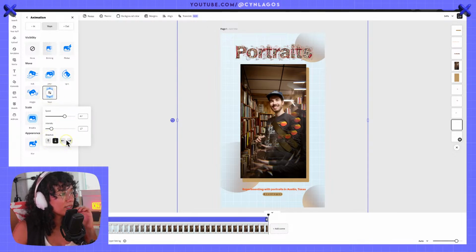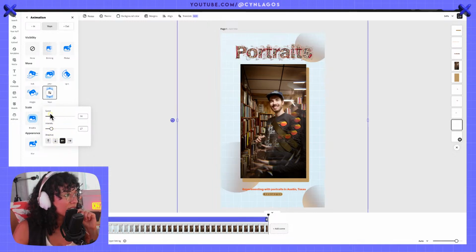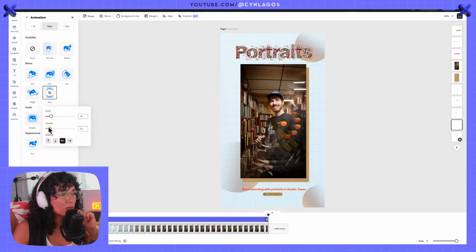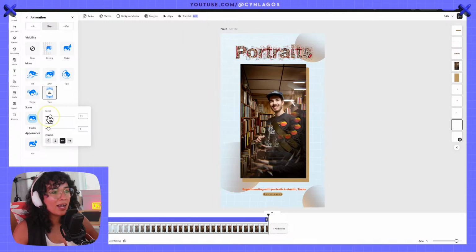So if I did it left to right, that's usually what I do in my animation on Premiere. So I might slow that down, reduce the intensity. So now it happens, but a little bit slowly. I wish it didn't loop, but it does. I guess that's because I'm in the looping section. Duh. Right? Reduce this. I like this a lot.